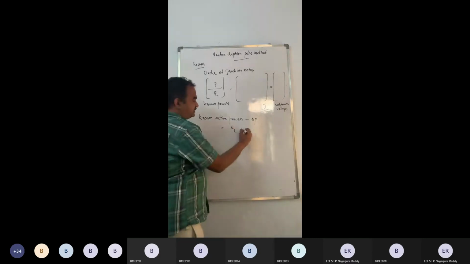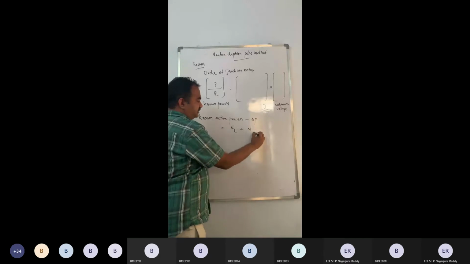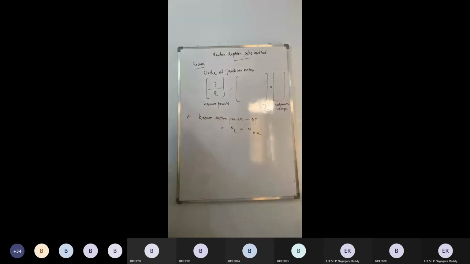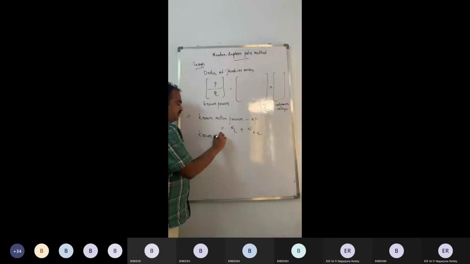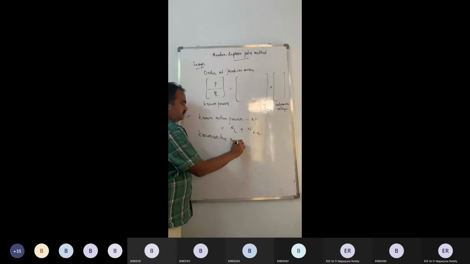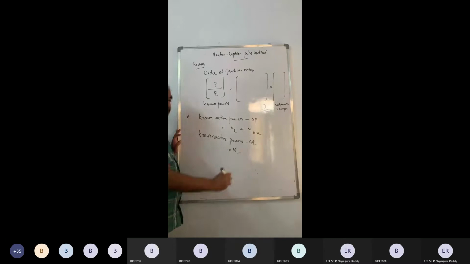Number of load buses plus number of effective generator buses. How many number of known reactive powers will be there? NL. So total